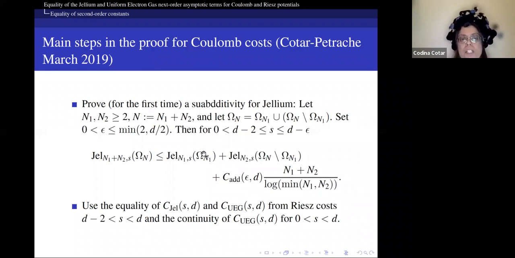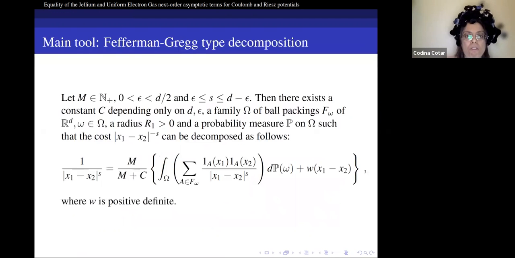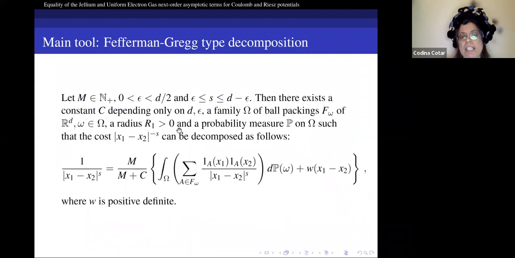Now for s smaller than d minus 2, we have a much simpler and a more robust way, so to speak, and it goes through looking at the Jellium problem and the optimal transport problem for the short range configuration that comes out of the Pfefferman-Gregg decomposition. So it goes through looking basically at the optimal transport problem with this cost and at the Jellium problem with this potential. And we can compare them and show that somehow in the large limit they are the same, and then we can go back to the original long range problems